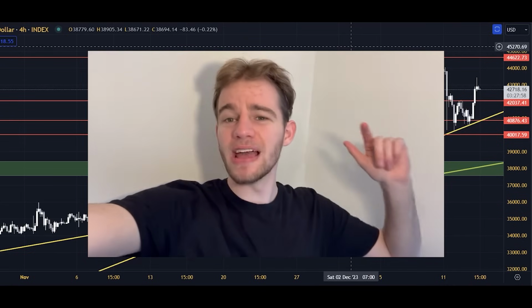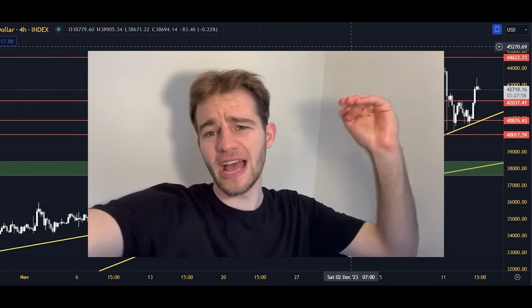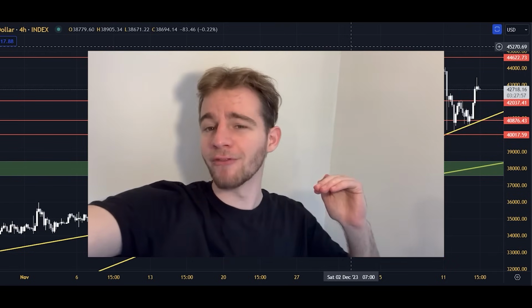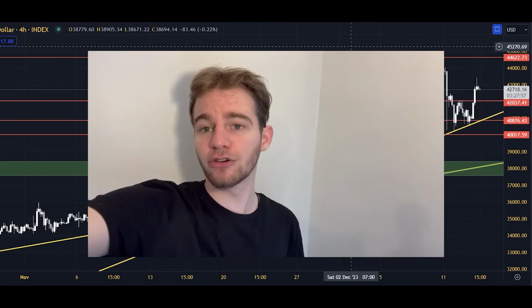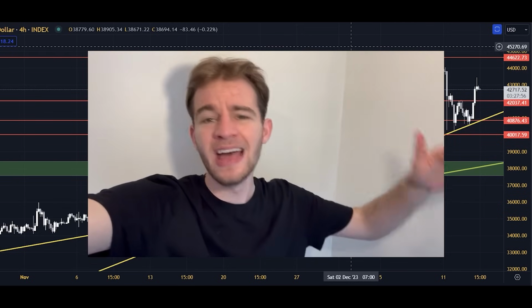Guys, Bitcoin's major support zone is 38.5k. Its major resistance zone is 48k. We're in between, in the middle there around 42. We know that we're in a macro range here, and as we've seen a correction down from 44k to 40k,